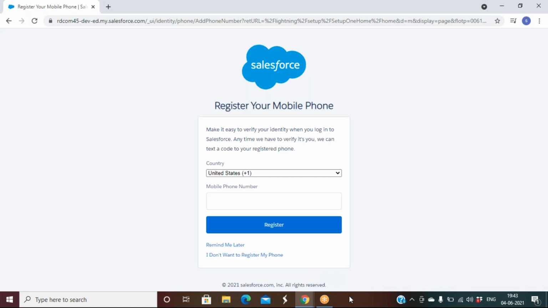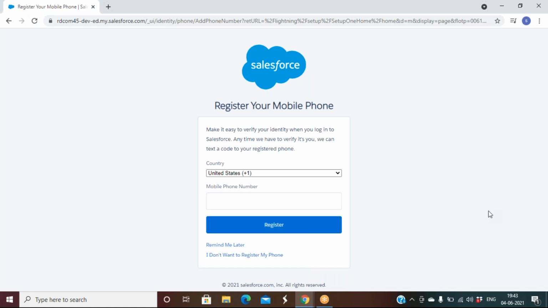Okay, and apart from the email, if you want to get the verification code on your mobile phone, you can enter your mobile number. Let's say you try to log in from a different computer where you don't want to open your emails, and you want to keep your phone number, you can.